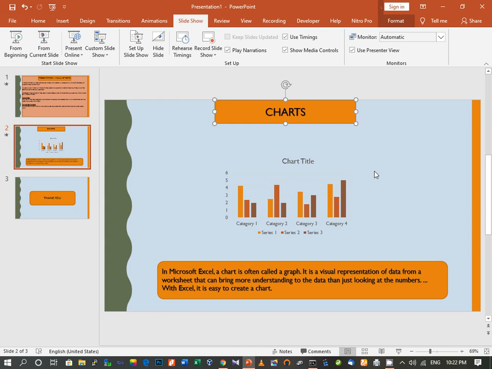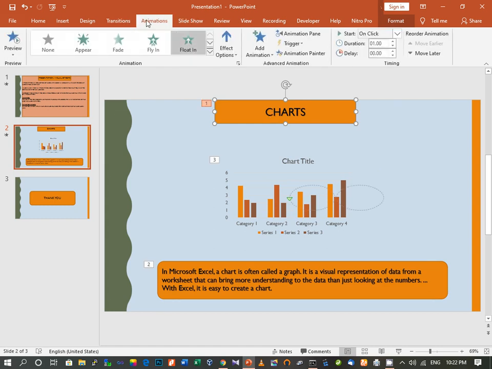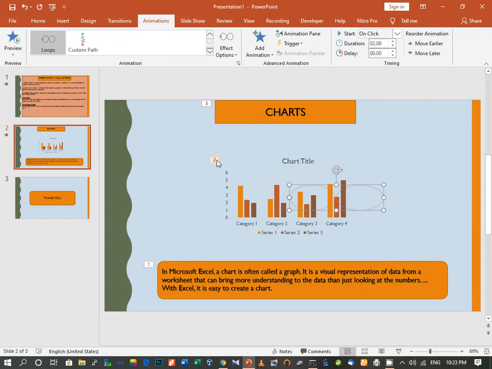So how to change the order? For that we will go to animations, and here you can see the sequence, where we had chosen 1, 2 and 3. Now suppose you want to change the sequence. Suppose this is 1 and you want to make it later, so you can choose move later. If you want to move it more, you can change it again, so this is the third one. Similarly, if you want to make this one 1, then you can choose move earlier. This way we can change the order of the animation which will appear during the slideshow.